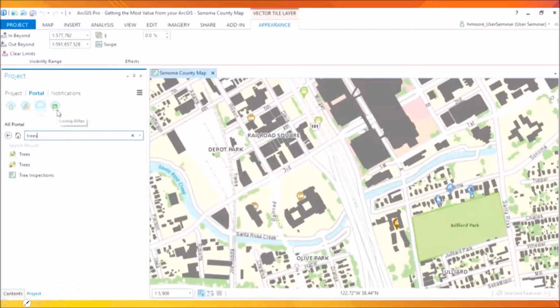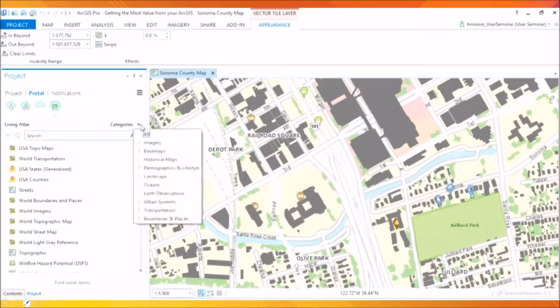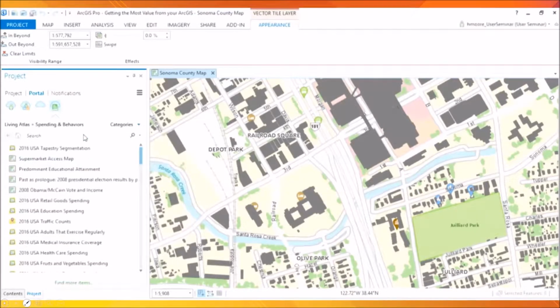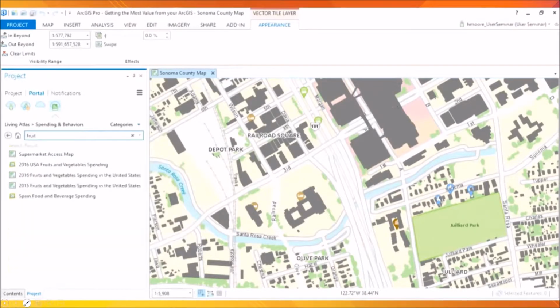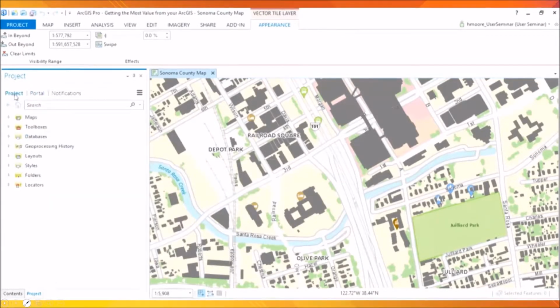The other part of our platform is this thing called the Living Atlas, and you have access to the category under demographic and lifestyle called spending and behaviors. And I'll look for, like, fruit. So what's available is a bunch of maps and layers. Here's ones about how much money people spend on fruits and vegetables. And this goes down to a block. So now,